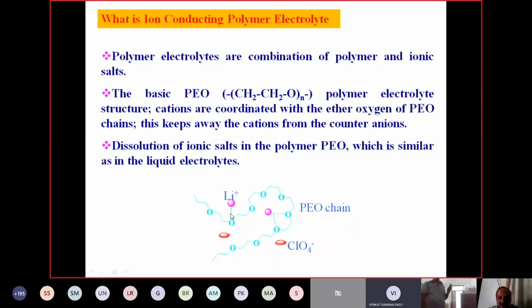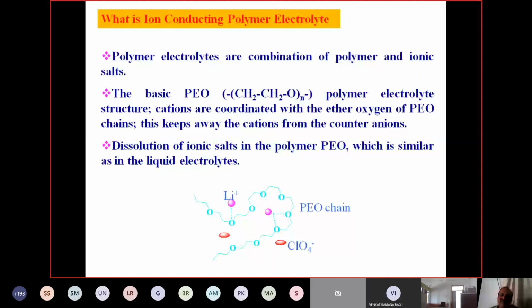So lithium is coordinating with oxygen here. Okay. So this is the polymer, this is the LiClO4 salt. This combination of the two we call a polymer electrolyte. What we are doing in our lab, we are making these materials in film form. We dissolve the polymer in a certain solvent, then the salt in a certain solvent, then we mix both and stir for a few hours. Then we pour it onto dishes, and within 3 or 4 days by evaporation we get a thin film.